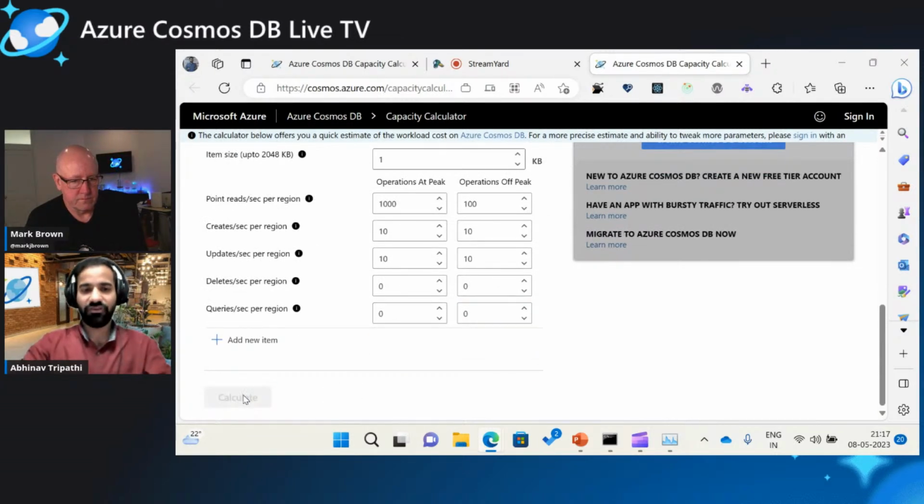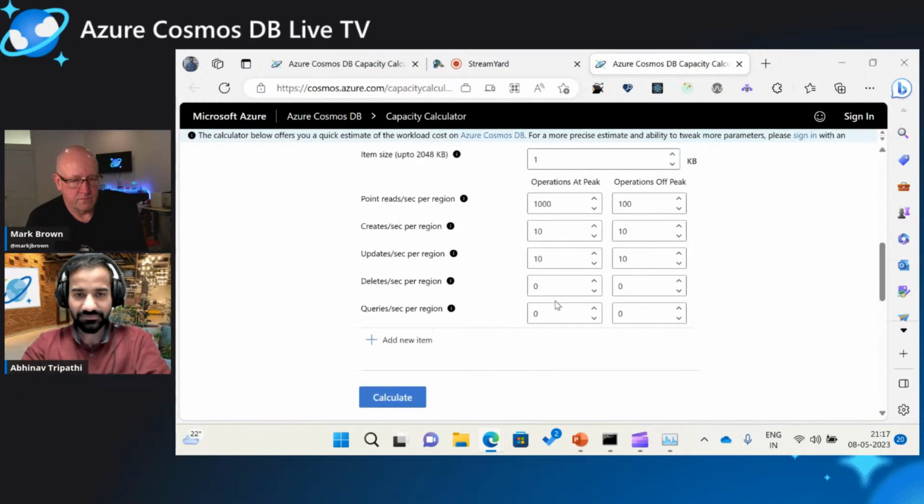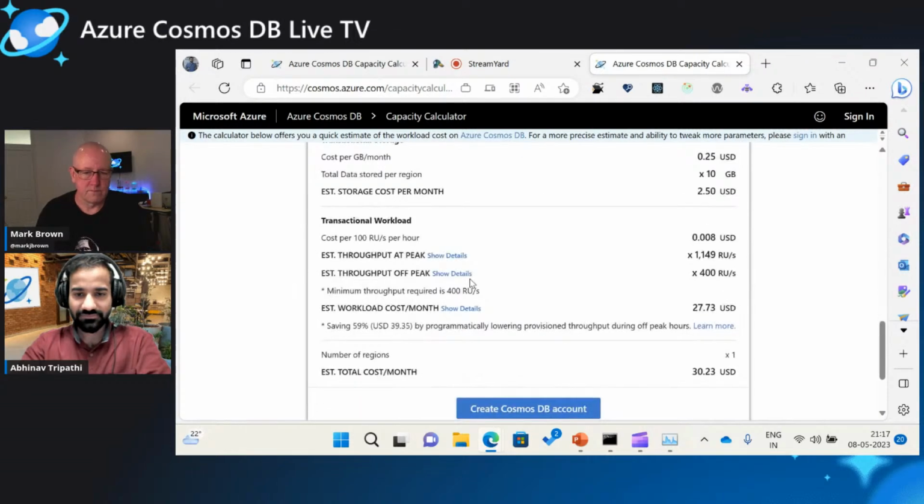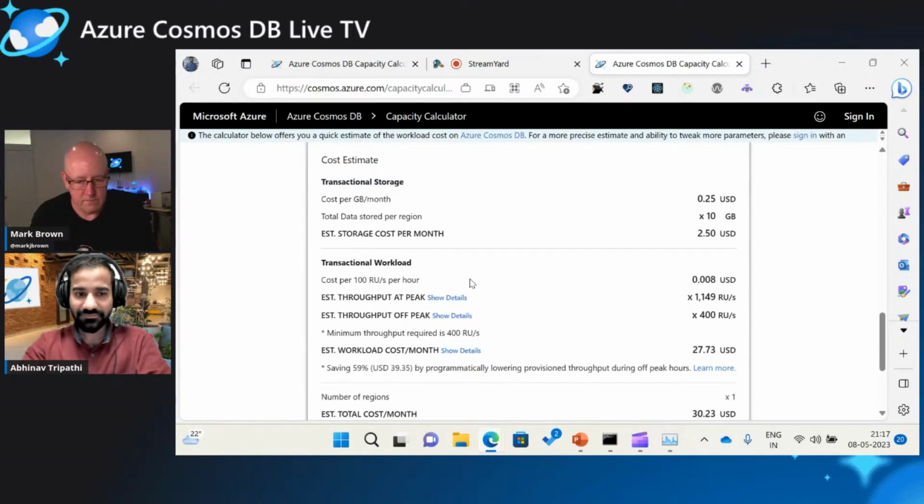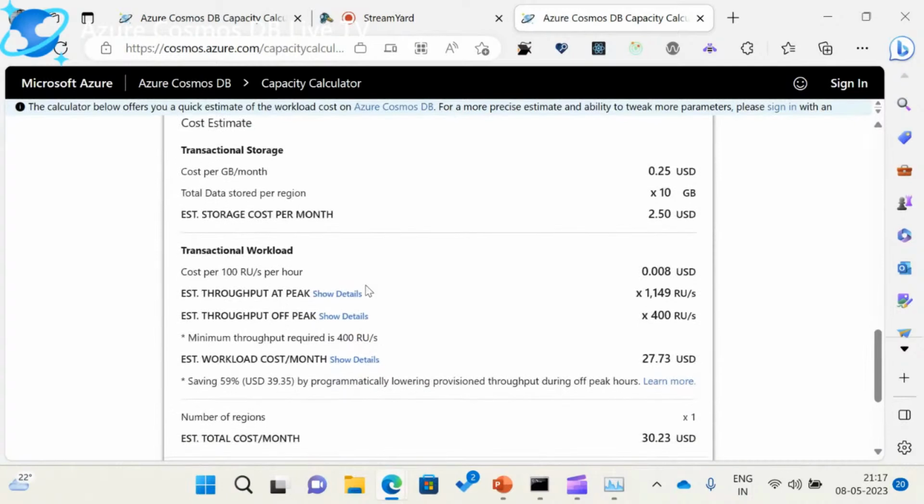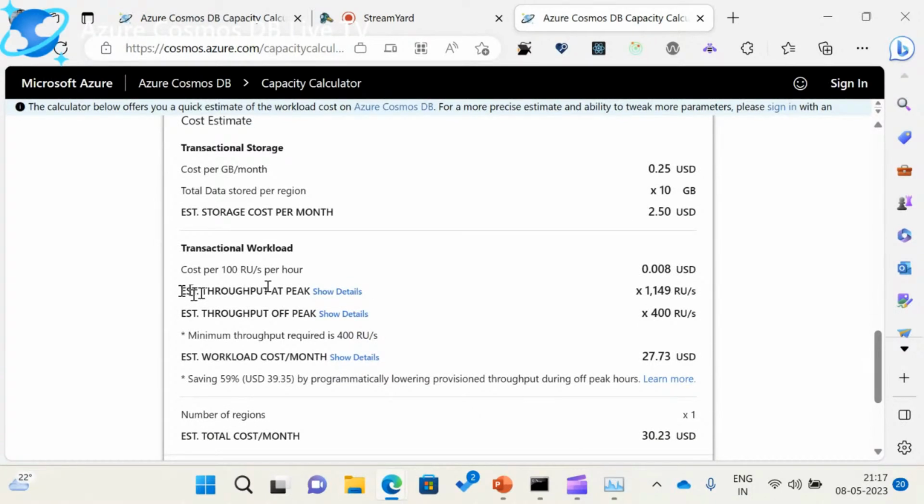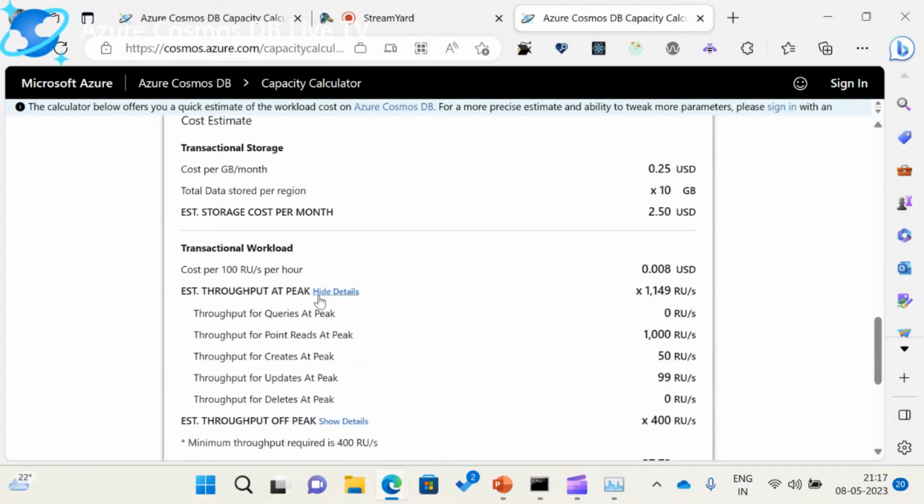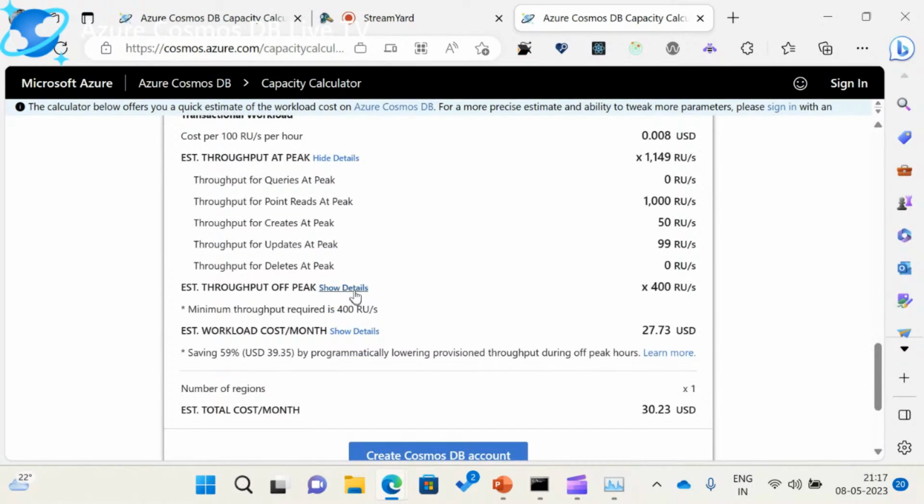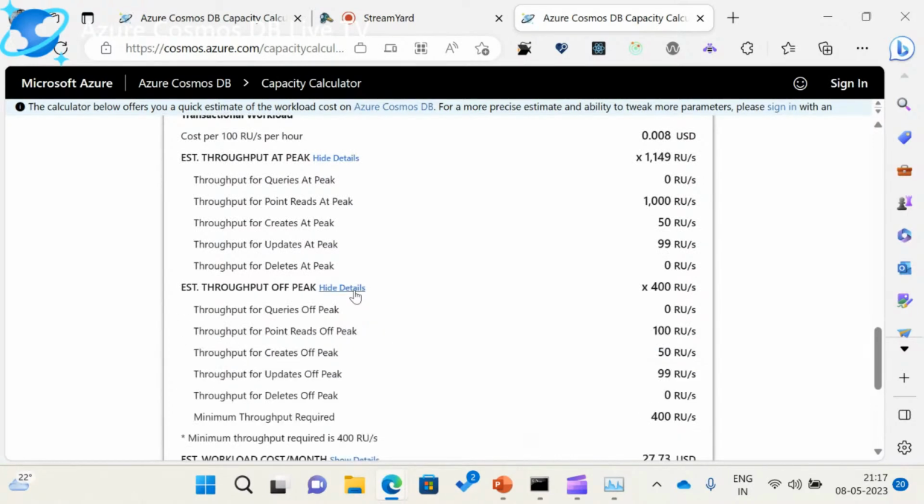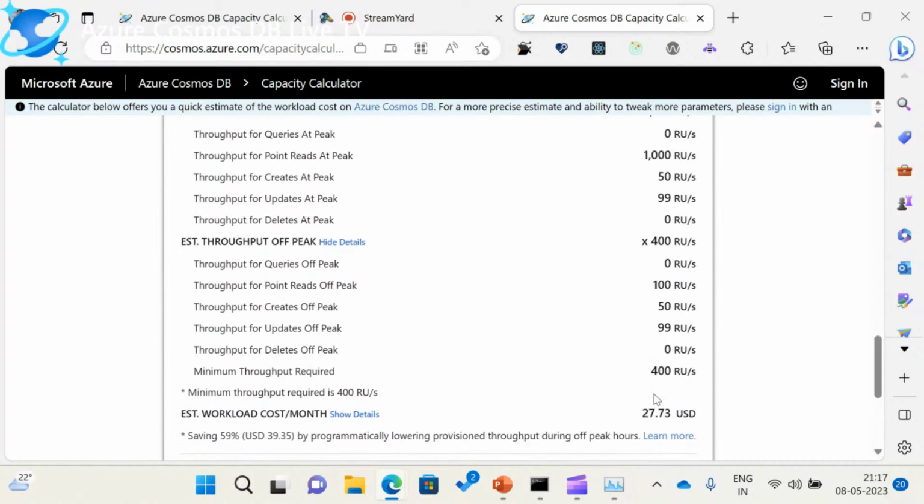And if we were to calculate this one, right, it shows me two different calculations, like what will be the throughput requirement at peak and what will be the throughput requirement off peak. So this will be the throughput requirement for the peak workload, same as what we calculated in the previous use case, and this is off peak. And it gives you